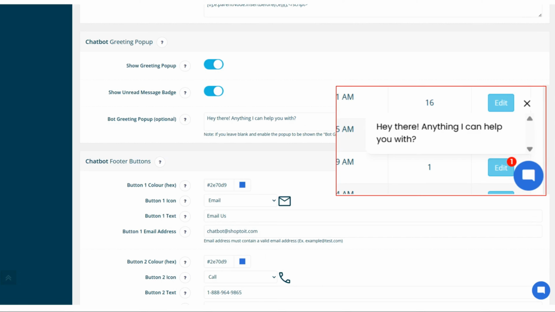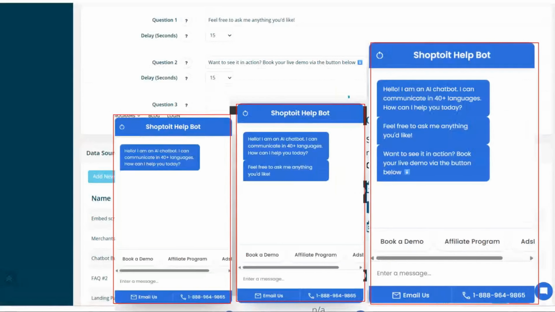And finally, we've added timed prompts to nudge visitors into action. Once the chatbot opens, or if you've set it to display automatically, you can configure up to 3 custom prompts. So the far left bubble opens with my original chat invitation. After 15 seconds, I've set it to prompt, "Feel free to ask me anything you'd like," hopefully